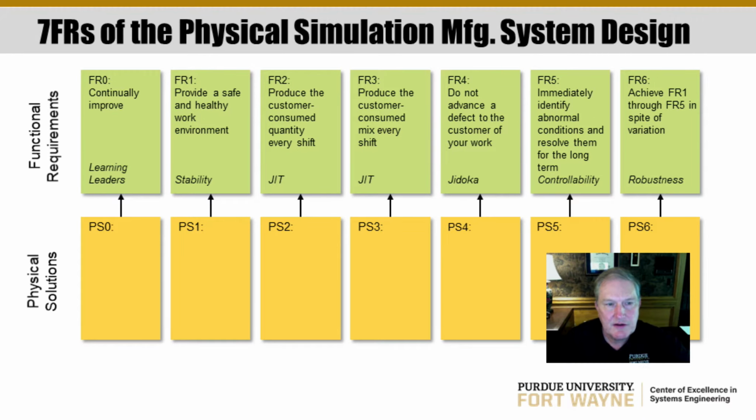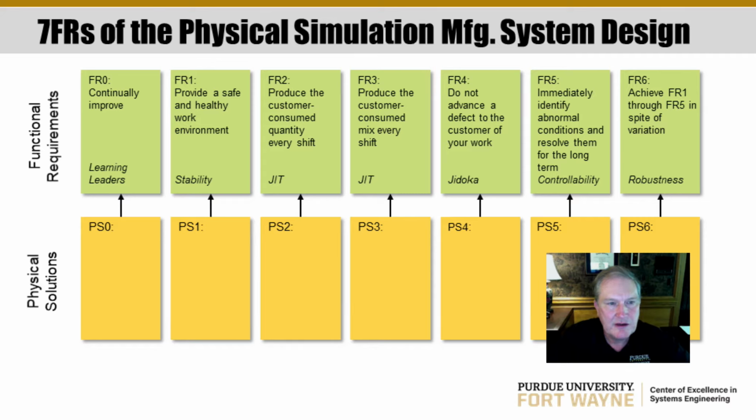So when someone asks you, how do we design a system to become lean, tell them the 7 FRs. And then we need to get collective agreement about the functional requirements of the system if people do disagree with the 7 FRs. So that's part of our challenge, is to gain agreement about what we would like to achieve first before we start talking about tools and technologies to implement that are quote unquote lean or industry 4.0 or agile. And so the 7 FRs are to continually improve, to provide a safe and healthy work environment, and FRs 2 and 3 are aligned with the JIT